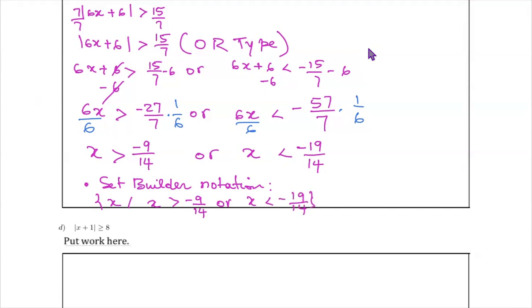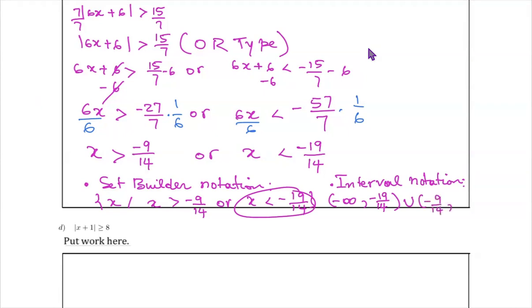And the interval notation is parenthesis, negative infinity to negative 19/14, which is from this inequality, union